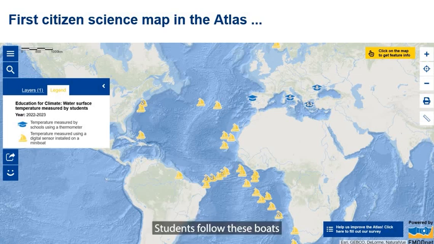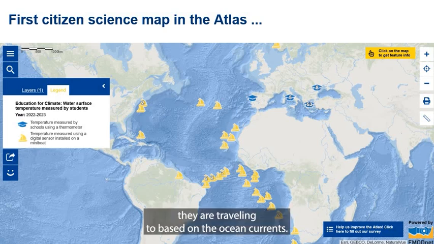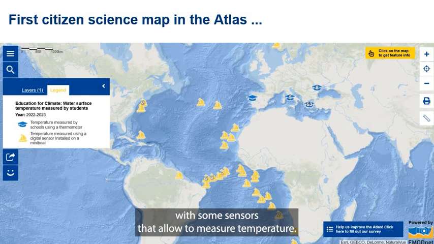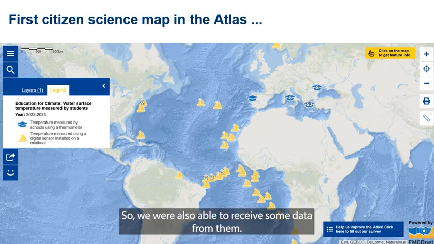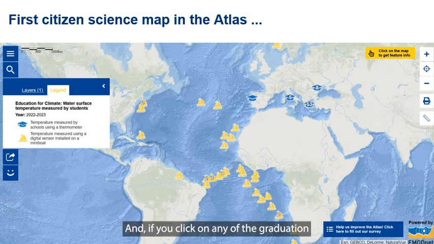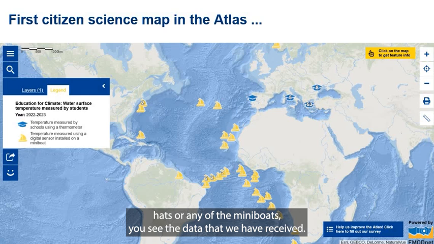Students follow these boats and analyze where they are traveling to based on ocean currents. But very interestingly, these boats also are equipped with some sensors that allow to measure temperature. So we were also able to receive some data from them. And if you click on any of the graduation hats or any of the mini boats, you see the data